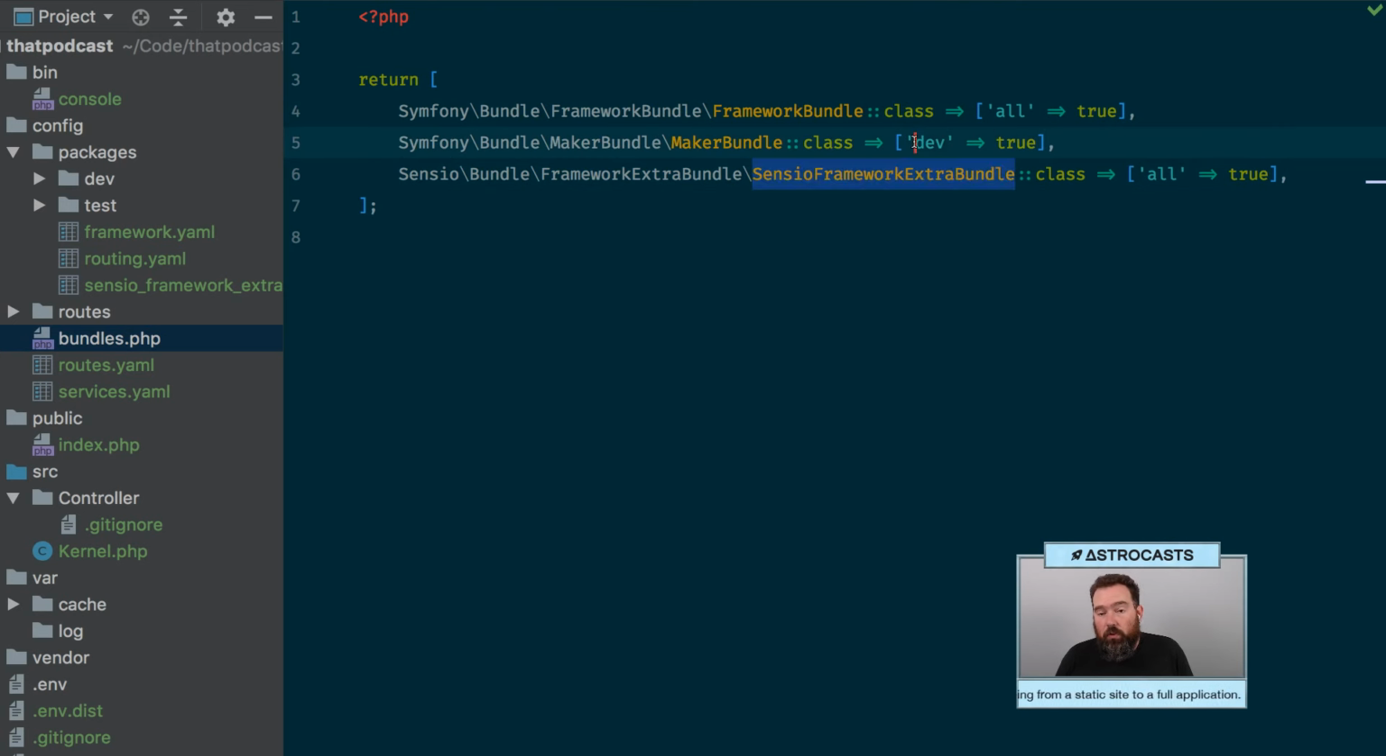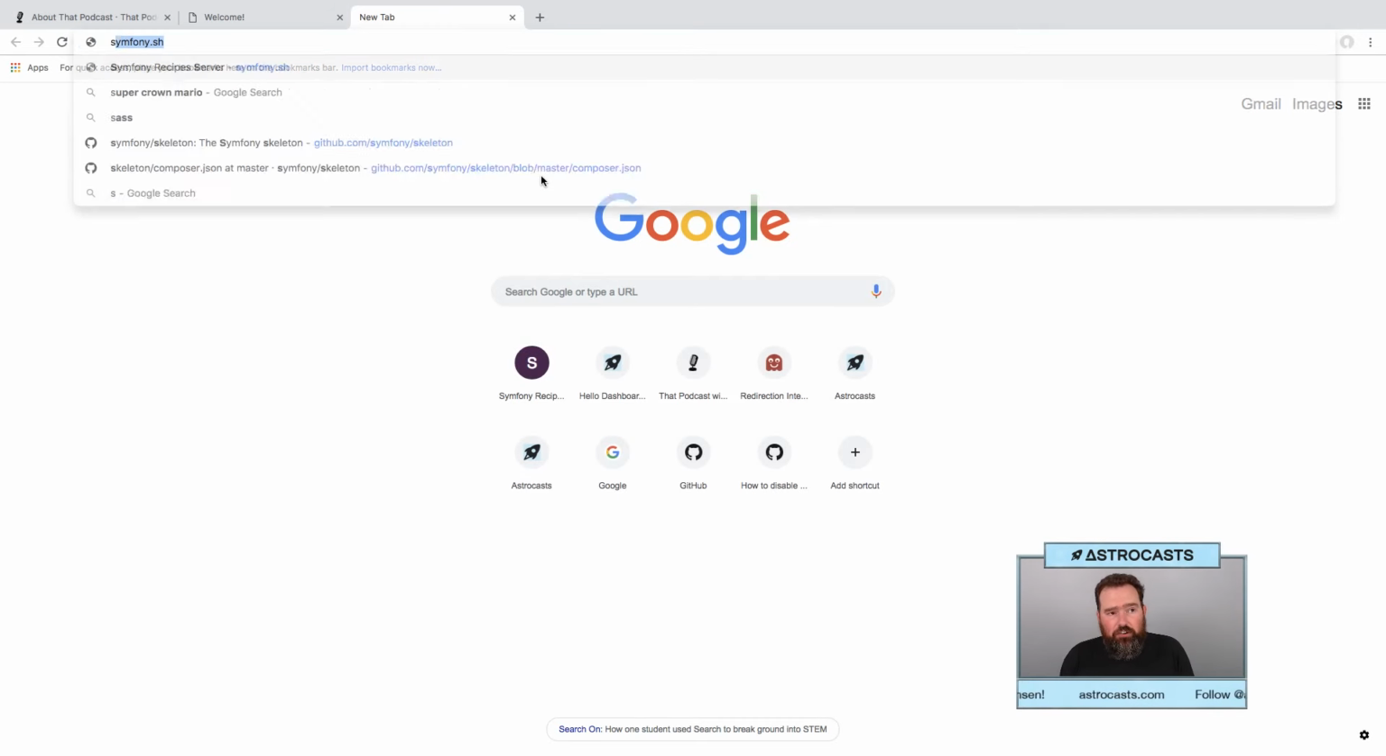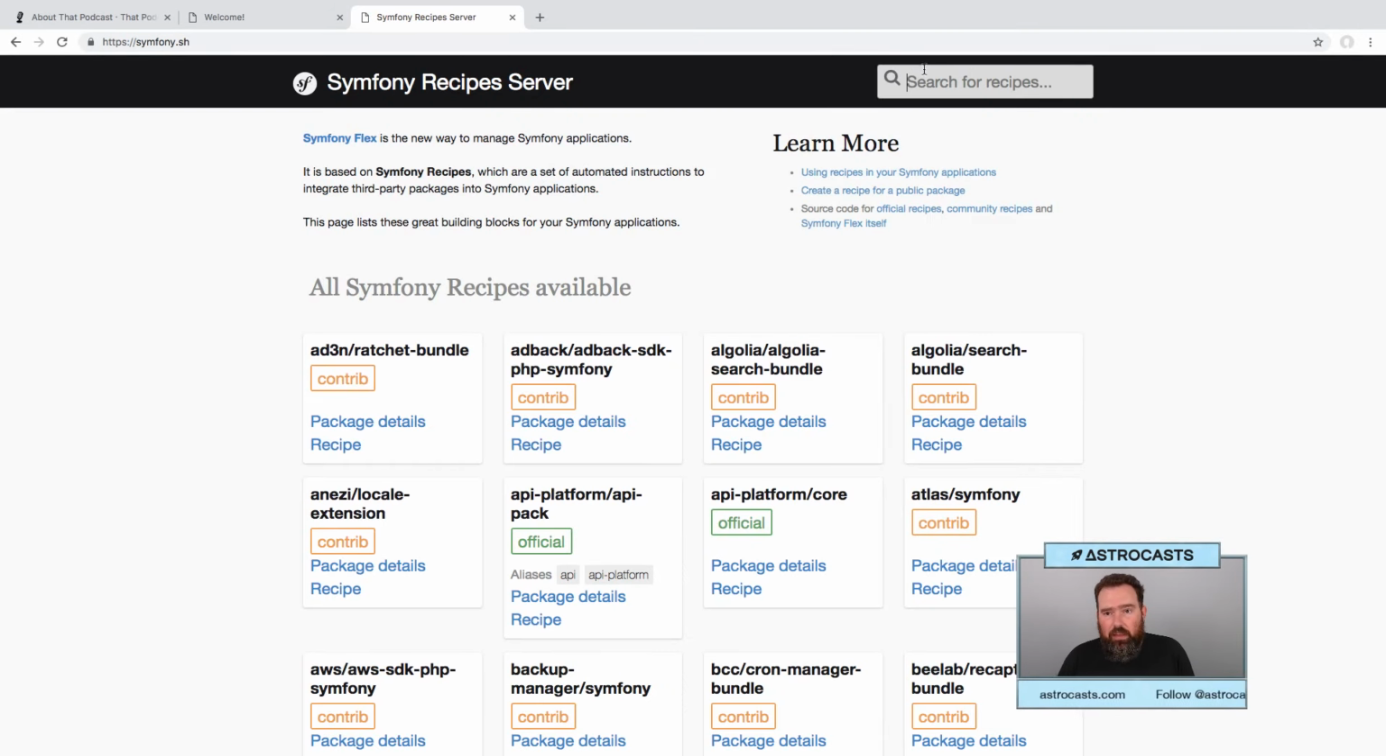The Maker Bundle is only available in Dev, and the Framework Extra Bundle is always available. So I think that Sensio Framework Extra Bundle is where we got the annotation support. We also see we can do Sensio Framework Extra, router annotations false. I'm not exactly sure what we need to do in this file, if anything, but this file came from the Sensio Extra Bundle's recipe. Just as a refresher on that, if I look up annotations,